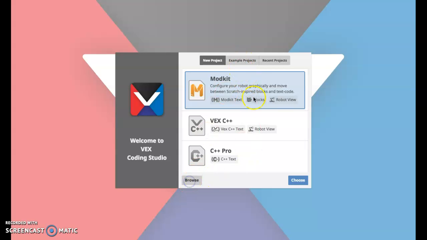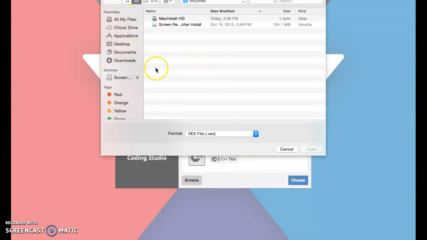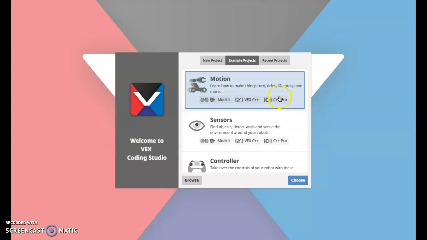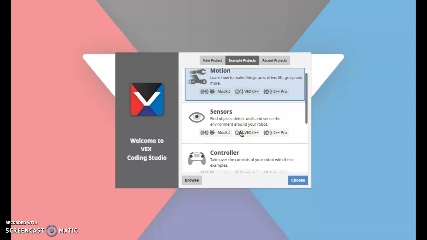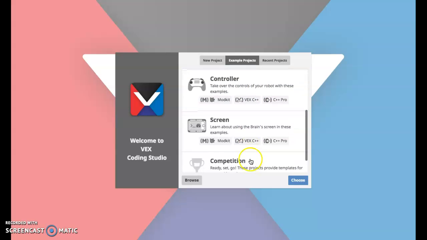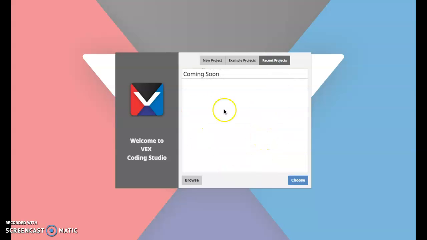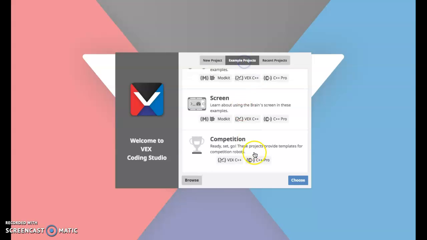Now you can browse and look at different types of templates that are out there for you or that are already saved to your computer. Or you can look at example projects, the motion steps, how to use sensors, how to program a controller, information about your screen, and then right here is your competition template. Recent projects, if you've been working on something, should fall here. As a rule of thumb for my class, we save everything to a thumb drive, just to back up and